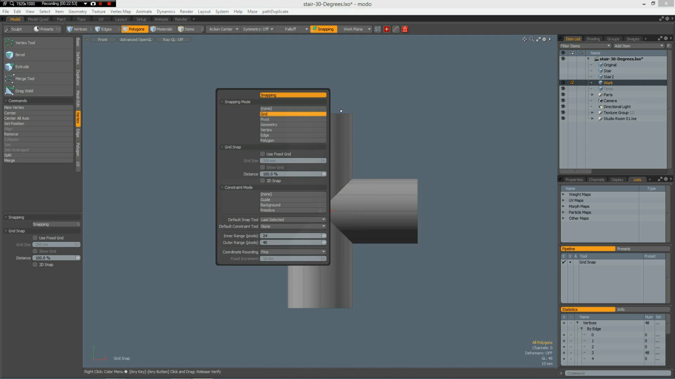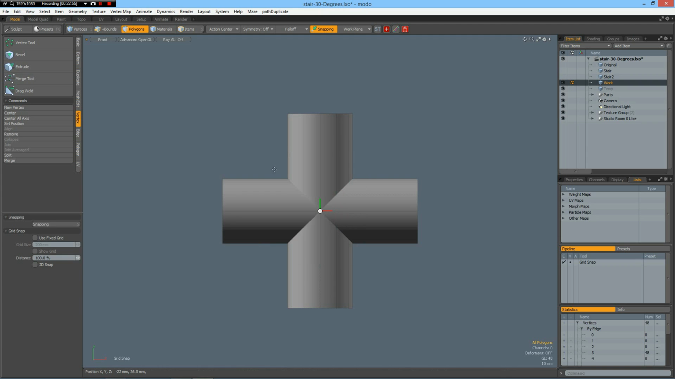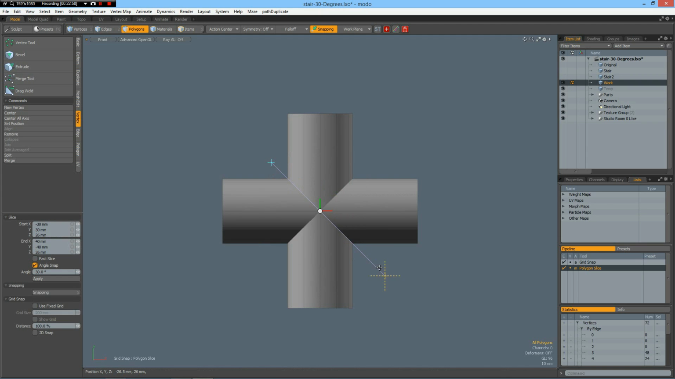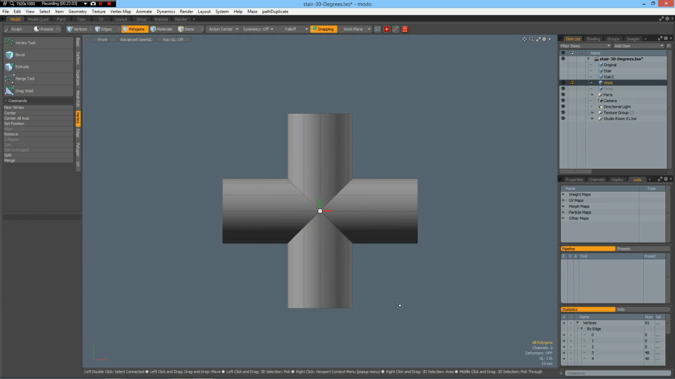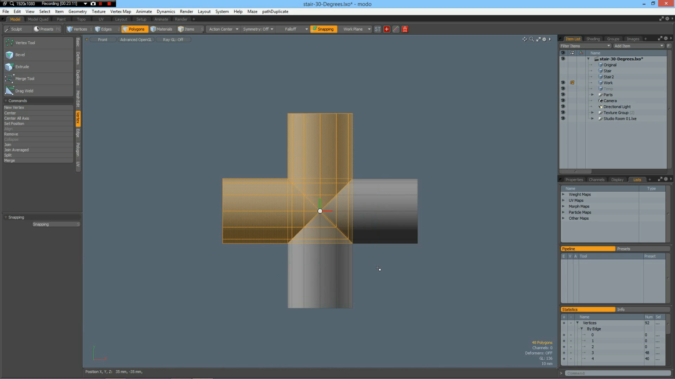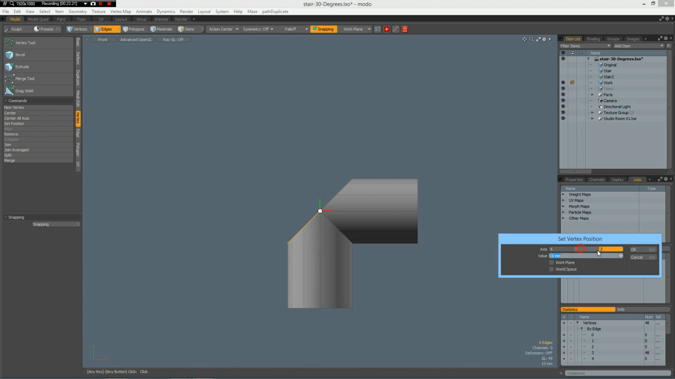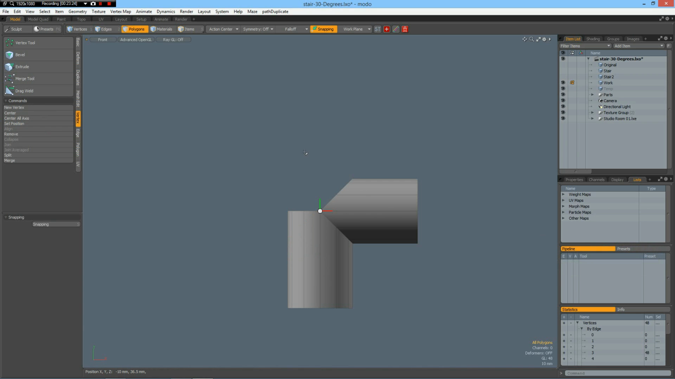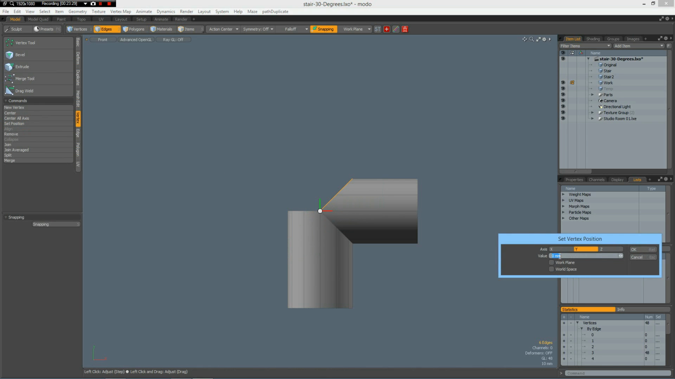Shift C, cut through here, and Shift click, cut through here, and we don't need these because we want to make an L shape, so delete all this, go to edge mode, select these edges, vertex, set position 0 to Y, and select these edges, vertex, set position 0 to X,